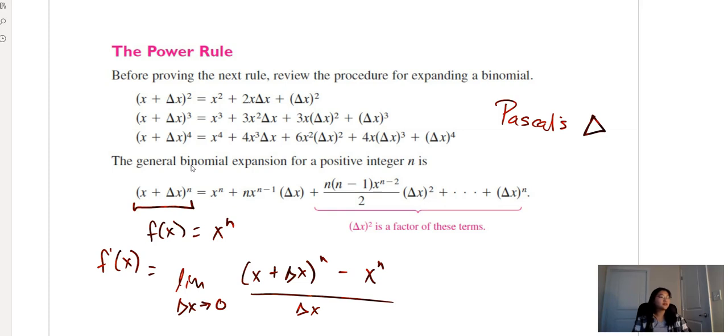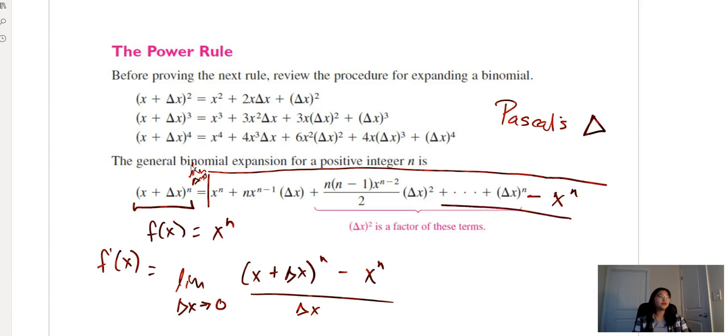So we're looking at the limit of all of this, which is x plus delta x to the n power, and then I'm just going to sneak this in, this limit as delta x approaches 0, it's really small, minus x to the n power all over delta x, and then those two cancel,